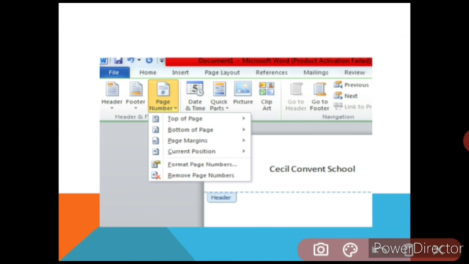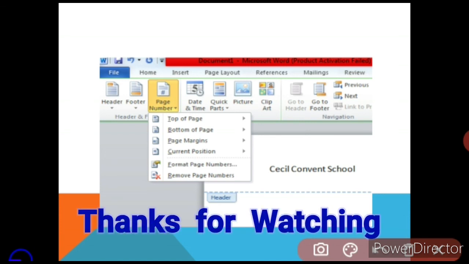Okay. And again, the footer section works just like the header. Go to the insert tab, choose the footer section from there and click on it. When you click on it, whatever footer value you want to apply, you can apply. Okay. So these are the 3 sections that we